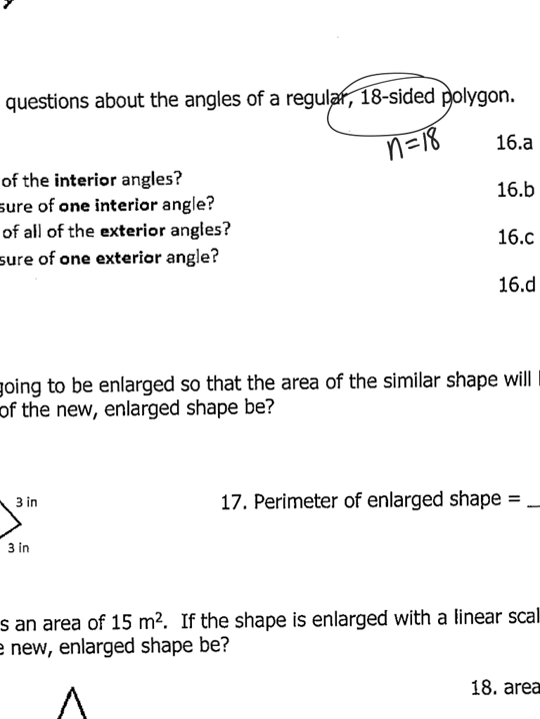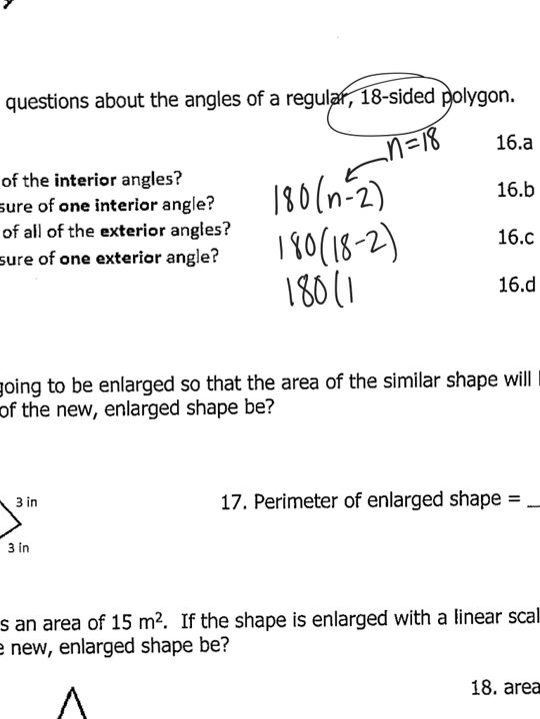For A, the first formula asks us the sum of the interior angles of a polygon. That formula is 180 times n minus 2. Well, since n is 18, I'm going to do 180 times 18 minus 2, or in other words, 180 times 16. When I compute that, I get my answer for part A,